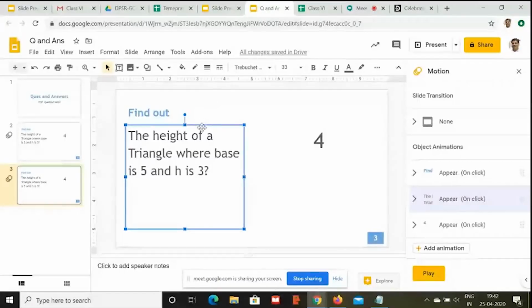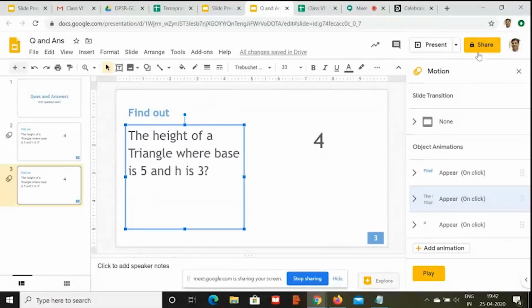So I am sharing my screen and I'll show you how that happens. I am sharing my entire screen so that you can see all the activities which I am doing on my screen. Okay, right now. Just see what I am doing. Right now, we just created this particular presentation and we had 3 slides in it.